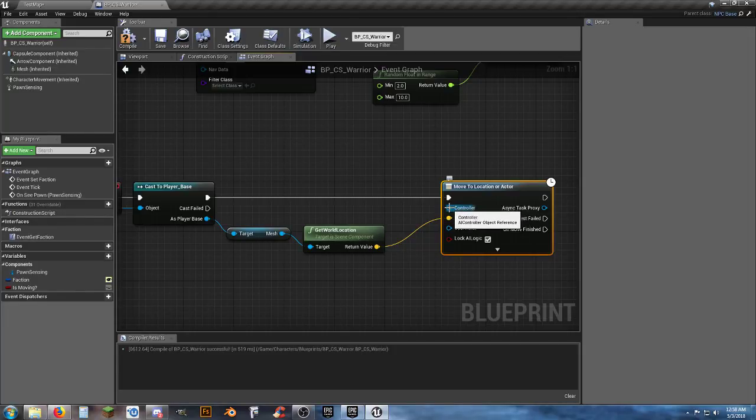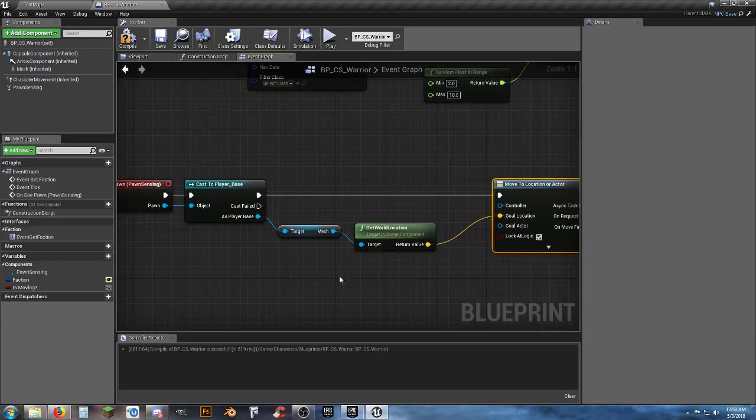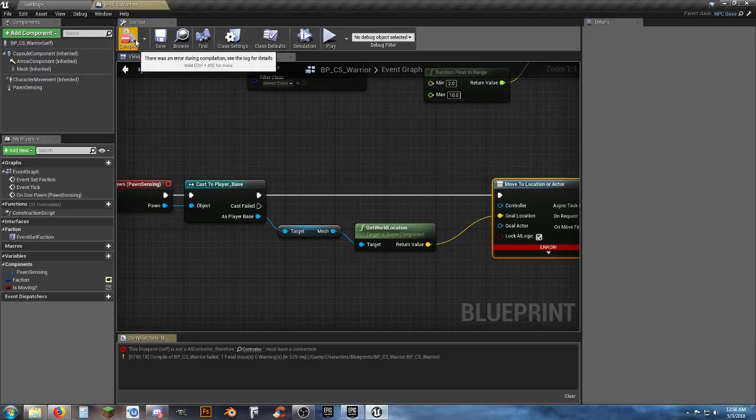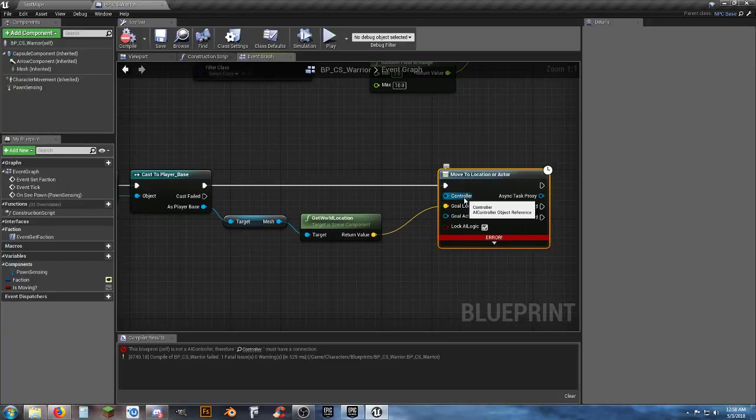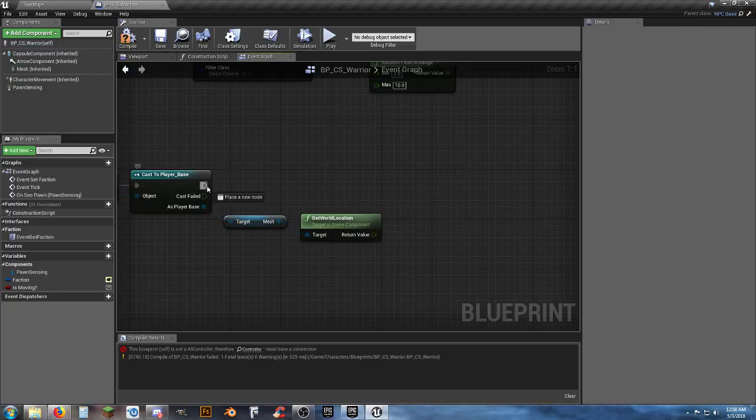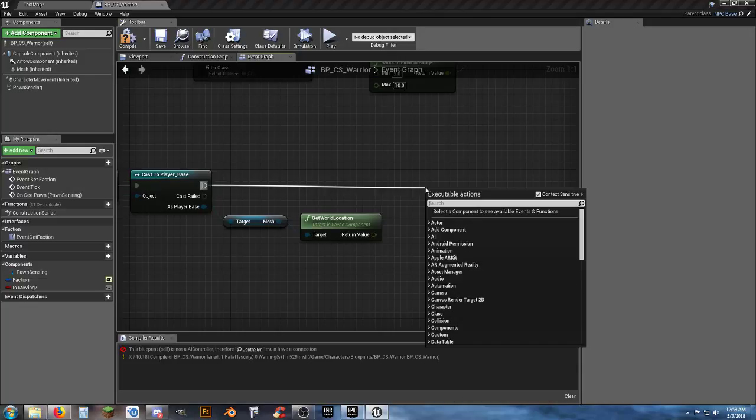AI controller. I don't have an AI controller though. If I hit compile and save, it's going to be an issue because I don't know what the actor is. Like I said, I've never used that before, so I'm not going to use it this time. So AI Move To,